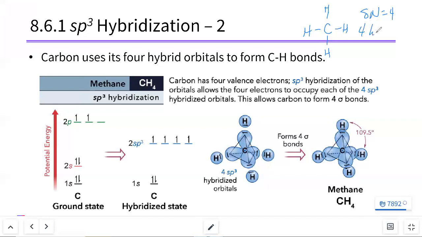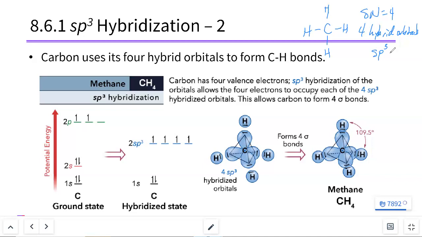So I need 4 hybrid orbitals because my steric number is 4. And I'm going to pull from the s and all 3 of the p's to do it. This is called sp3 hybridization. Now, in that process of hybridization,